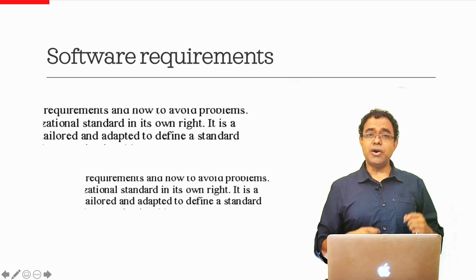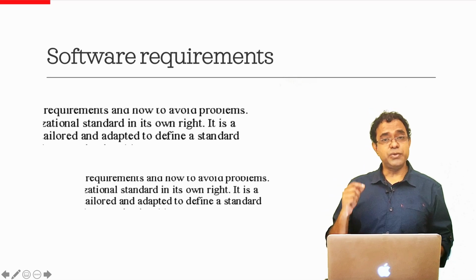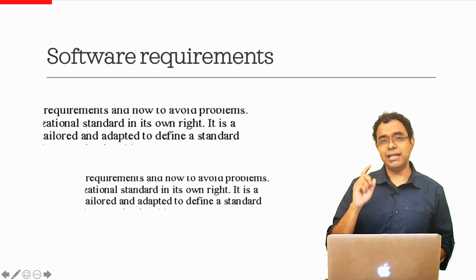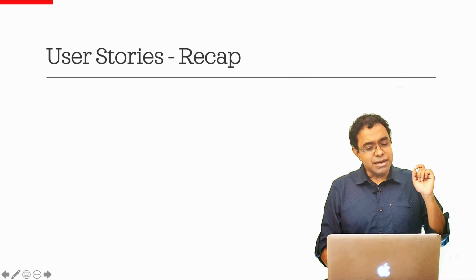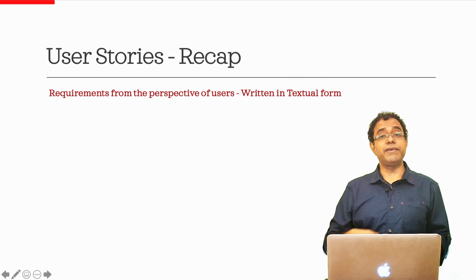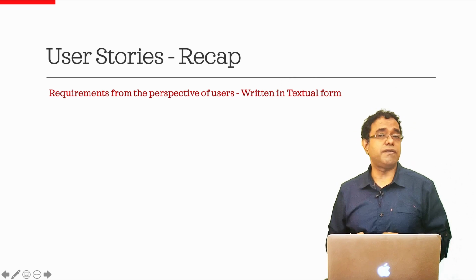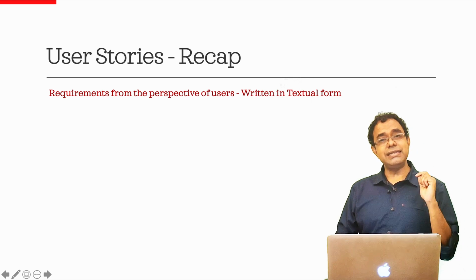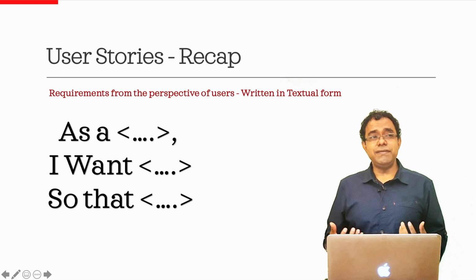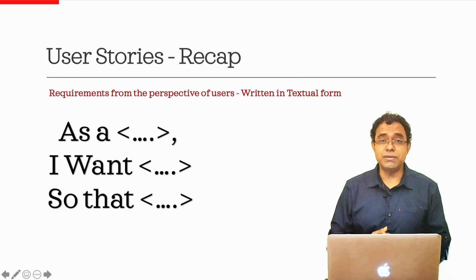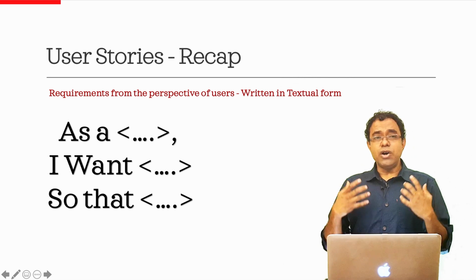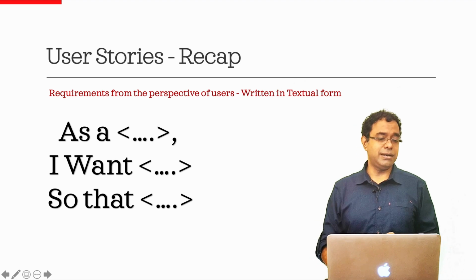Okay. Now, since the onset of the agile revolution, there is one way which has become kind of the de facto way of writing requirements, and that is called user stories. So let's talk about user stories for a moment. User stories are requirements from the perspective of the end user who is going to use the software that is being created, and they are written in the form of "as a, I want, so that." I do believe that almost all of us might have written user stories in this form at some point of time in the last 10-15 years. Okay, so we all are aware of how user stories are written.